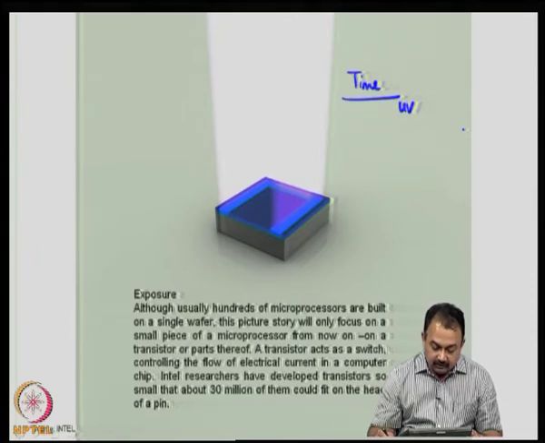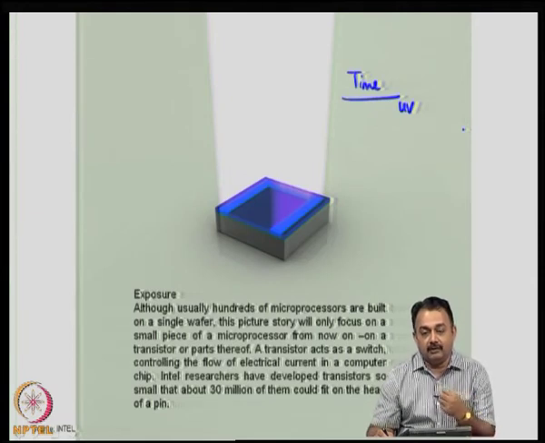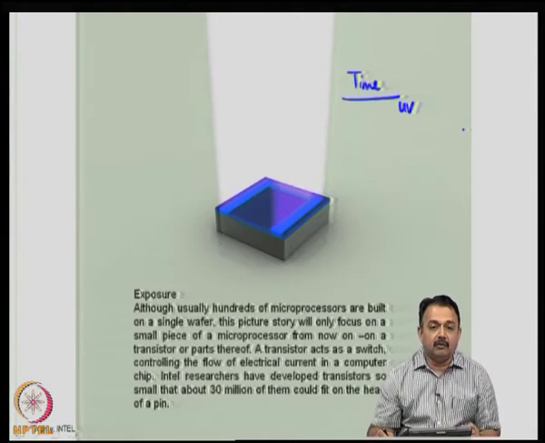Now, Intel researchers have developed transistors so small that about 30 million or more can be fitted into the area as small as the head of a pin. So, you can imagine now with this particular statement as an example, what kind of exposure methods, what quality of photoresist material, what quality of glass mask needs to be present in the manufacturing, and therefore, that is a big challenge on the equipment manufacturing also. Okay.